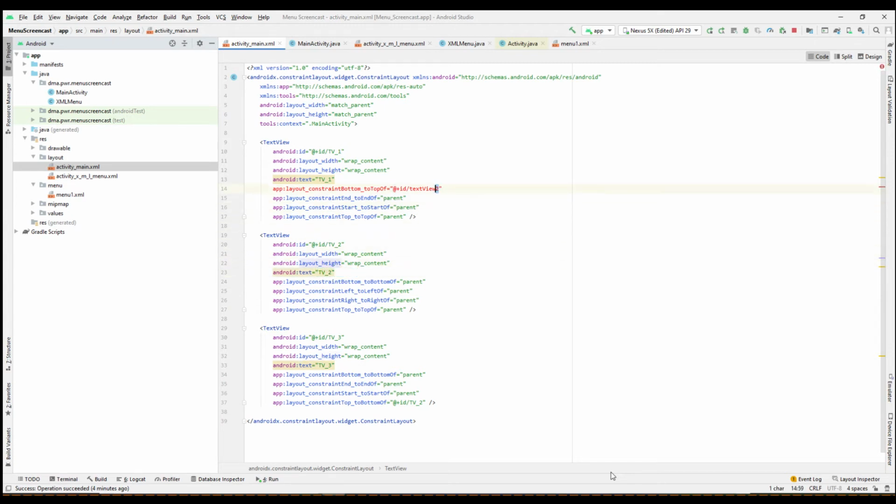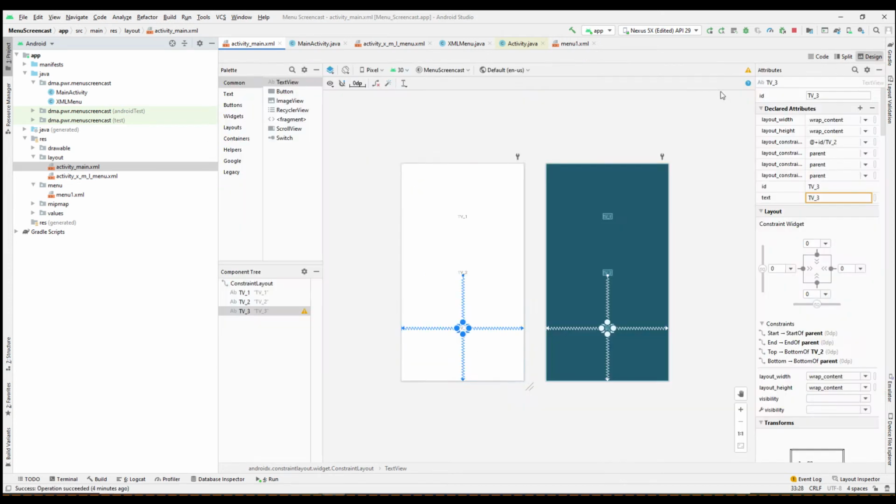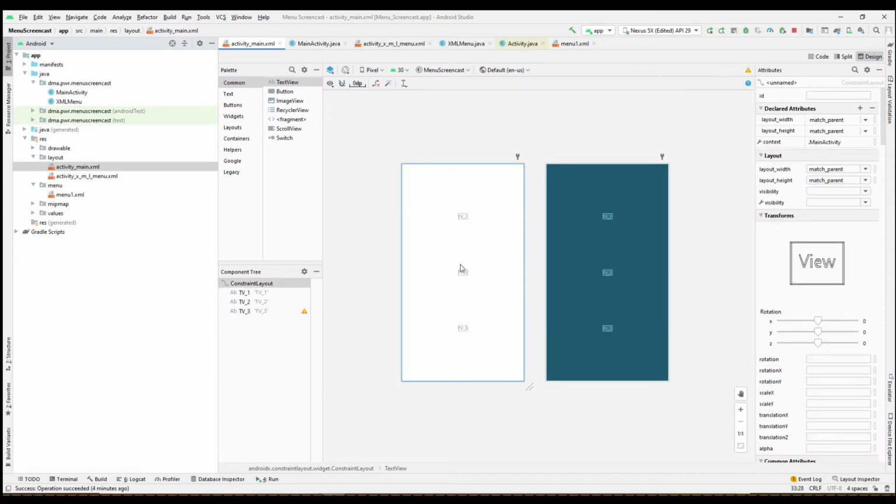Now I'm gonna use it this way. I could use a linear layout to get pretty much the same, to be honest, but I kind of wanted to use this constraint thing. Okay, so we have our 3 elements,